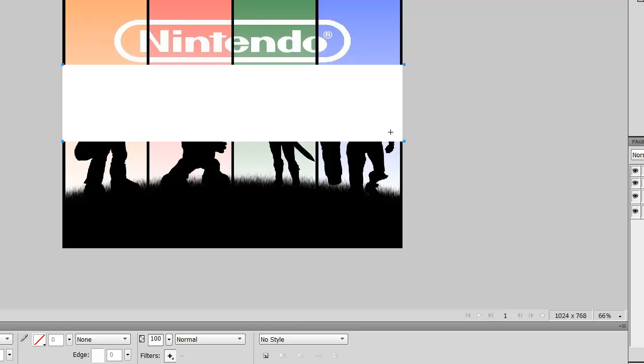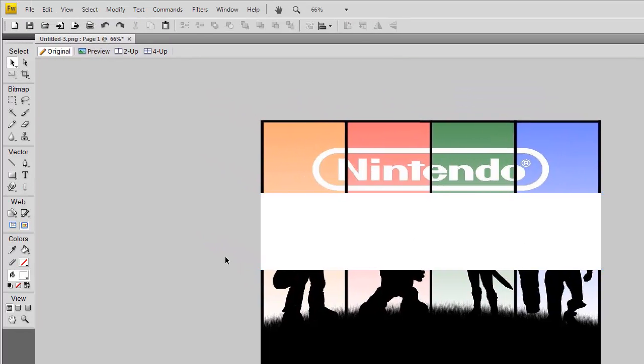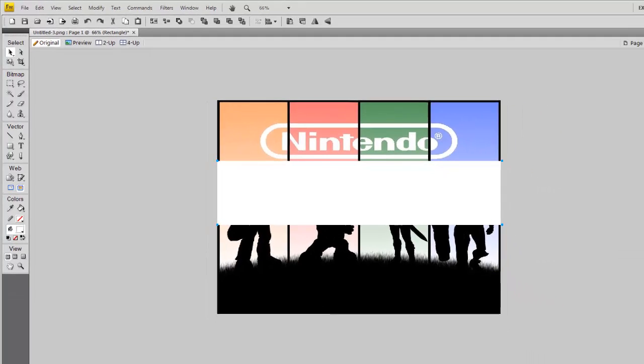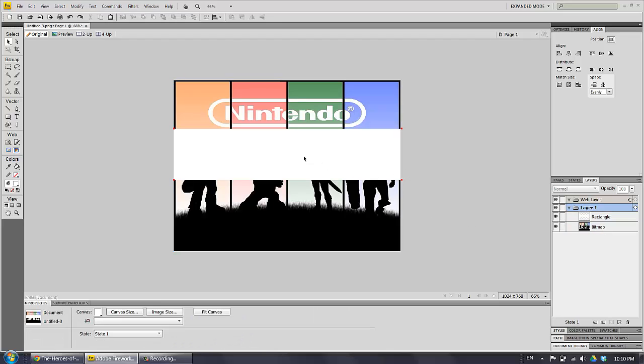So the idea here is that you're going to group the top layer here. So over here on the right layers panel, you can see the rectangle on the top and the bitmap on the bottom. So the idea here is that you're going to take the top rectangle and mask it over top of this one. In Fireworks, how it works is if you have a white